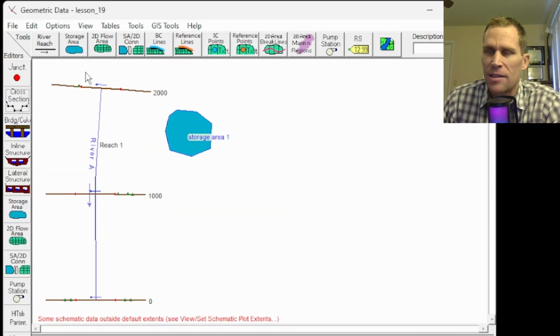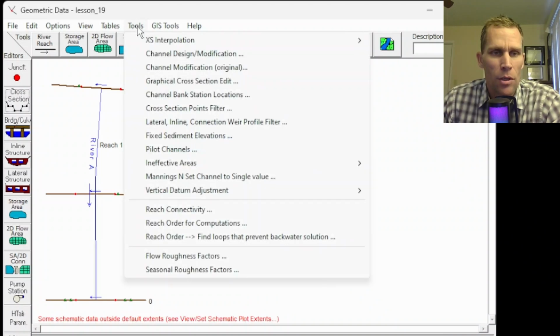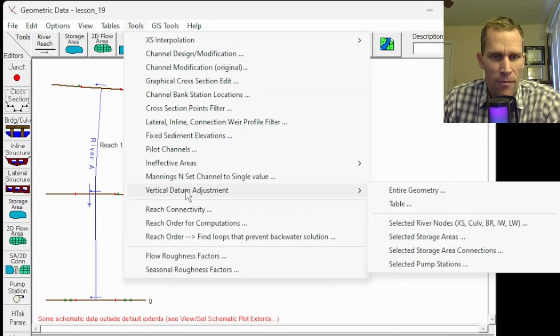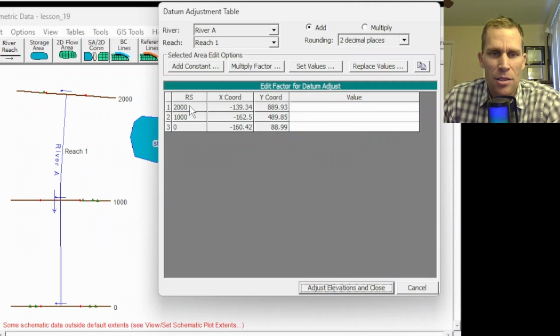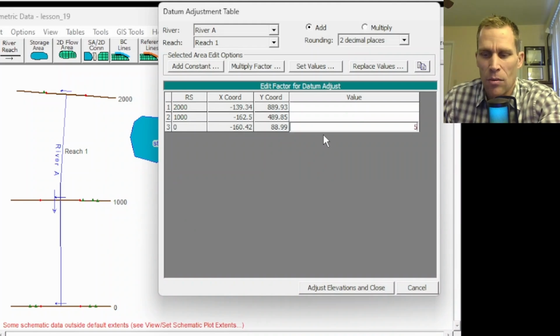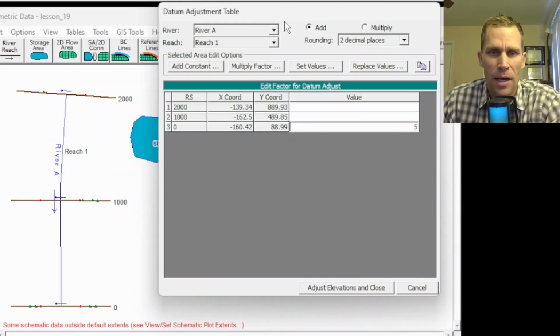We can also use a table to make the same changes. So we'll go to Tools, and then Vertical Datum Adjustment, Table, and I have the different cross sections here: 0, 1000, and 2000. Let's go ahead and only use 1000, and I'm just going to say 5 feet this time. So I typed in a 5. What I'm doing is adding. There's also add,